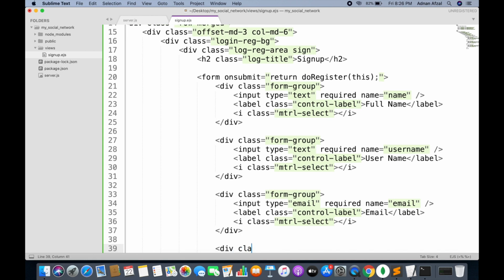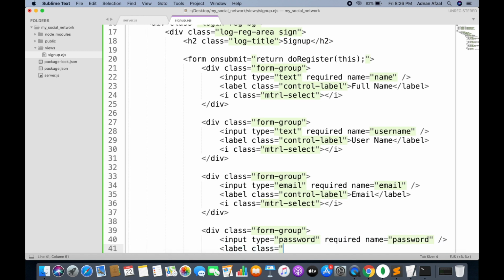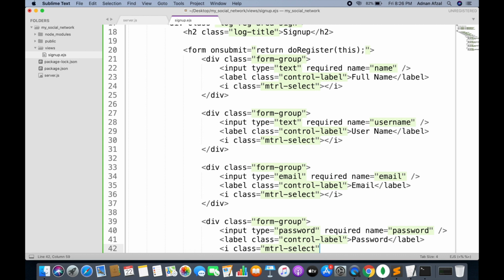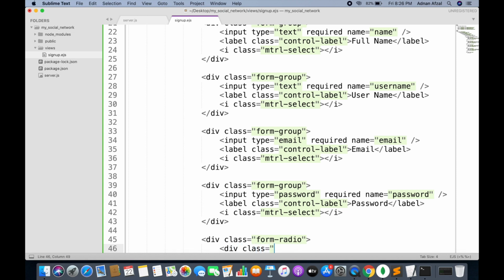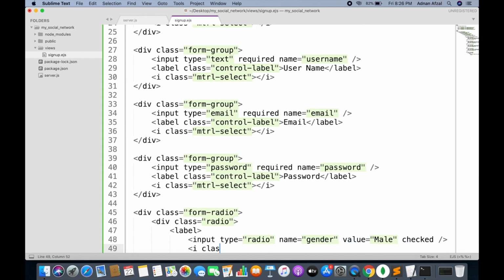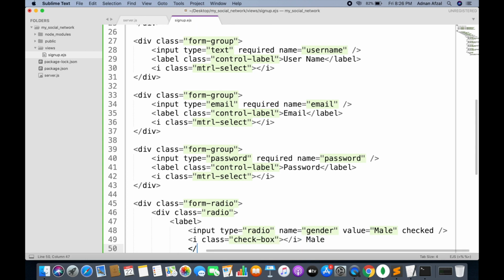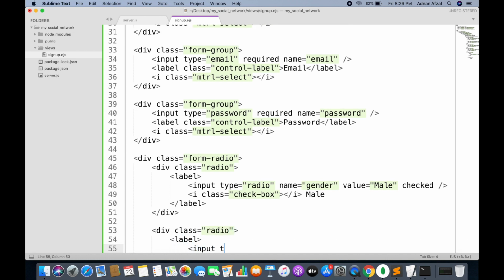And we have the password field. The type will be password, and the password will be stored as a hash, so it will be encrypted, which means that even if your database gets hacked, the hacker will not be able to know the actual passwords of your users. And we are also creating a simple radio button for gender, male or female. That will be very useful if you are creating a social networking site. We are setting the male radio to be checked by default, but the user can change that to female as well if he wants to.